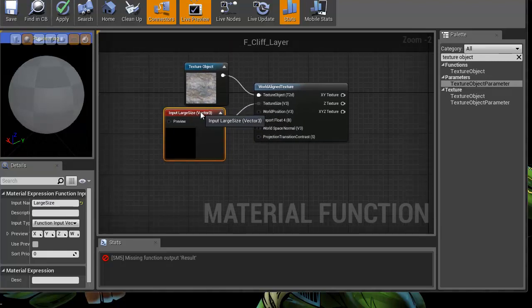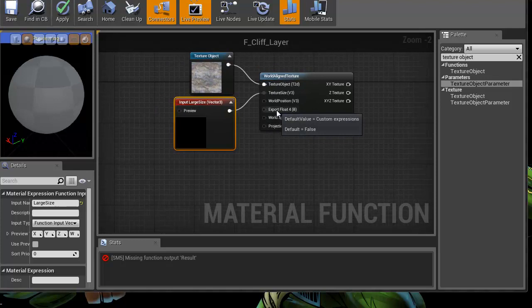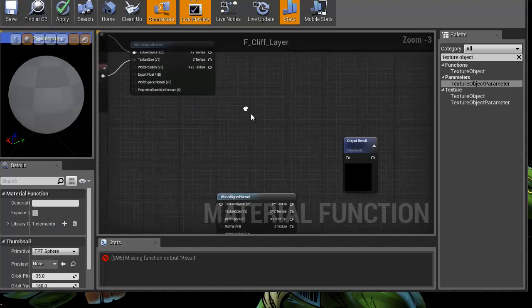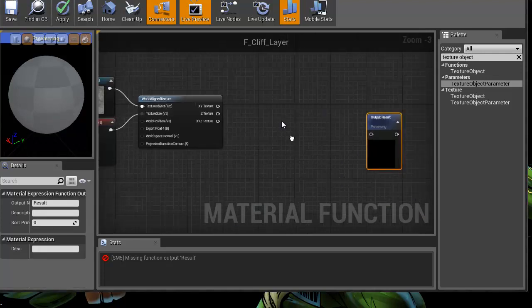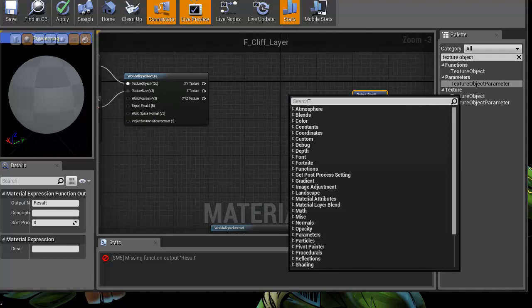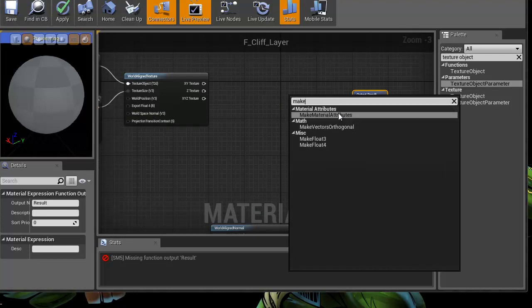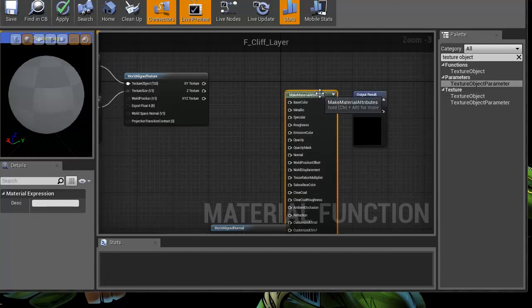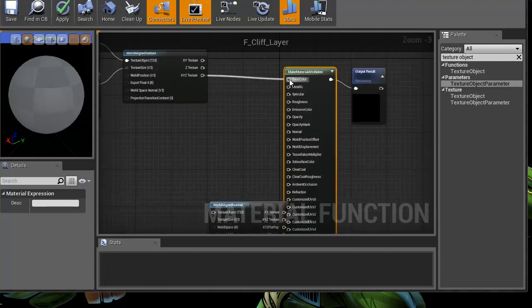Okay. Now, there are other things here that we could use, but I'm not really going to use them, like export float 4, which means do you want to use the alpha channel coming out of here? And this is where we come out, okay, the XYZ here. Now in a material function, the first thing you need is to make material attributes. Okay, now we can actually plug everything in, and then this comes here. Okay. So once I plug this in,